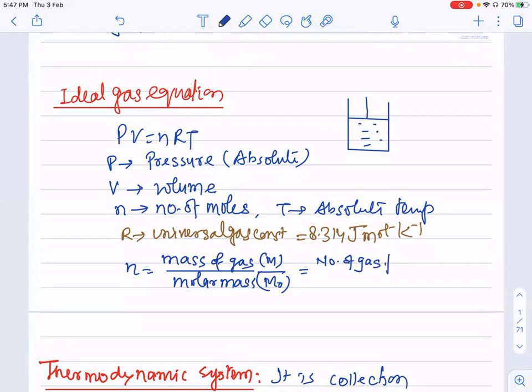Number of gas particles, which will be N divided by what? Avogadro's number, जो constant होता है NA, है ना? अगर हम total gas particles पता कर लें तो Avogadro's number से divide करके number of moles निकाल सकते हैं. Number of moles is one definite quantity, है ना, and which can be obtained by this relation